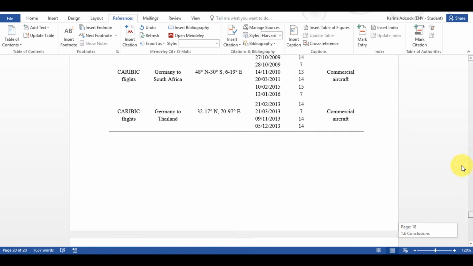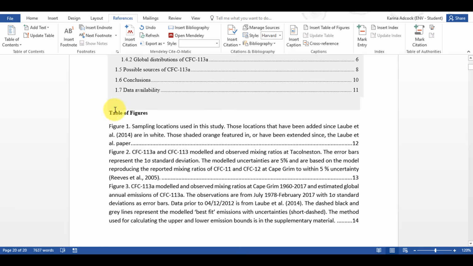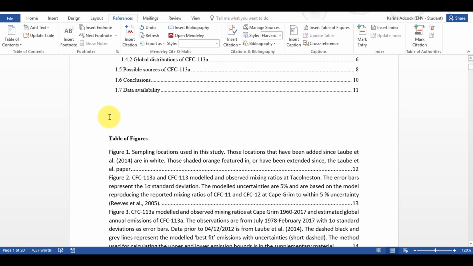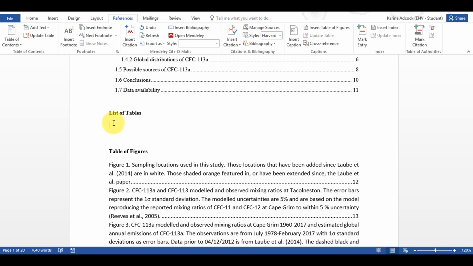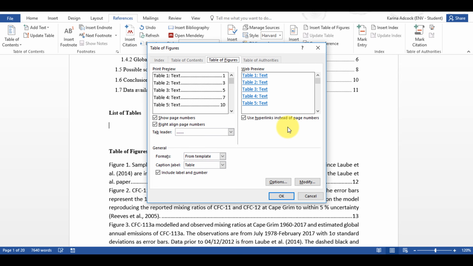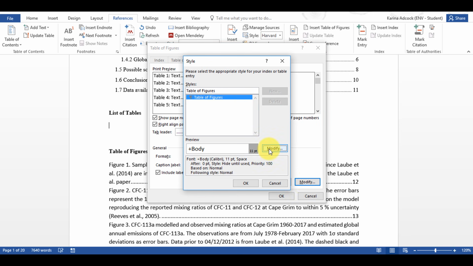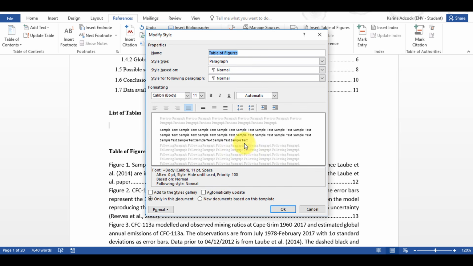Then I'm going to scroll back up to the top, and I'm going to type in here list of tables, because the list of tables doesn't automatically come with a title, so I'm just going to add that in. Then I'm going to go to Insert Table of Figures, and here I need to check that my caption label is selected as table. Then I'm going to go to Modify, and I'm going to modify here, and then I'm